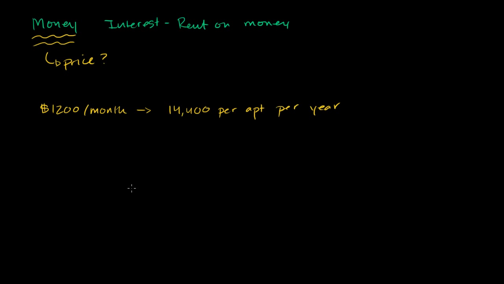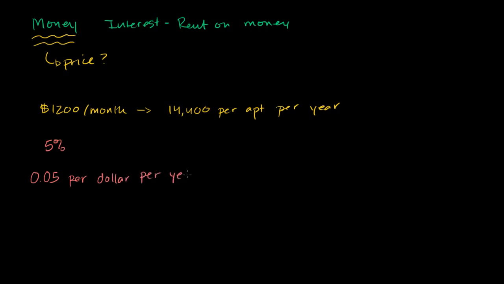Now, if I went to the bank and I said, hey, I want to borrow $10,000, maybe I want to buy a car or something, they would quote an interest rate. They would say, okay, you could borrow that at an interest rate of, I don't know, interest rates are pretty low right now, 5%. And to see that this is essentially the cost of renting money, we could view this as 5 cents per dollar